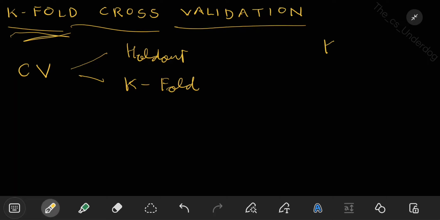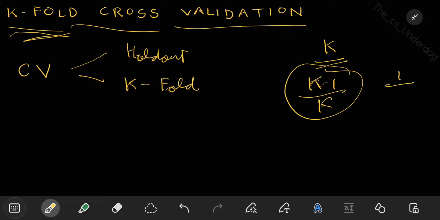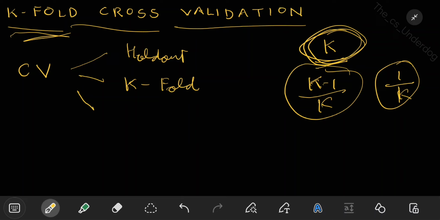That is, you divide the whole data into k different parts. Use (k minus 1)/k of those parts for training, 1/k for validation. Then you repeat this for k different runs. You average the value over all those runs. That is k-fold. What if your data is very small? That is, you don't even have enough data to have enough in each of these k parts. Then what do you do? You use leave one out